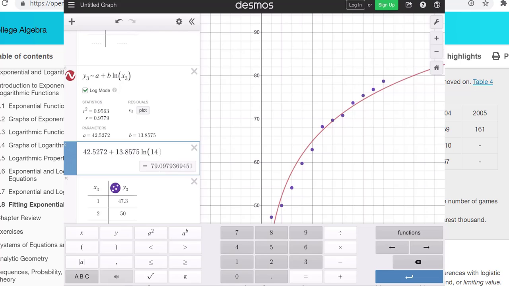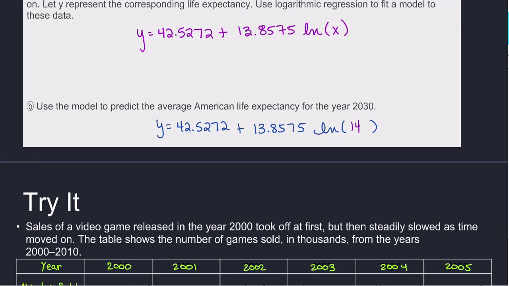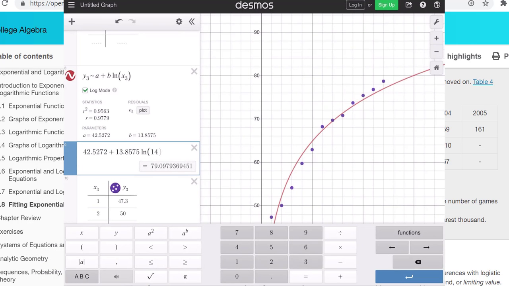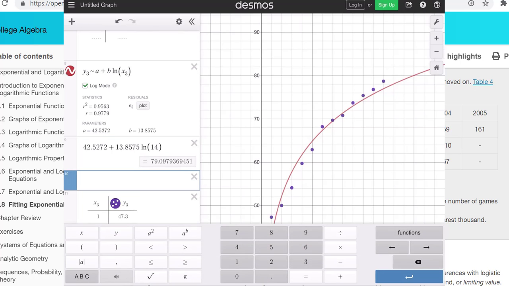Did we say 14? I believe we did. And we get 79.097. So 79.097. Another thing we could do instead, so add another expression, I could type in x equals